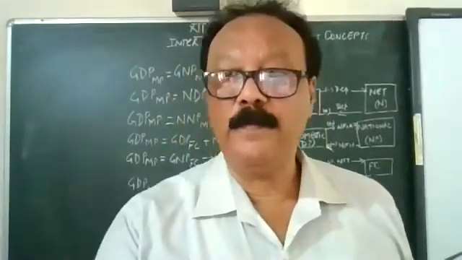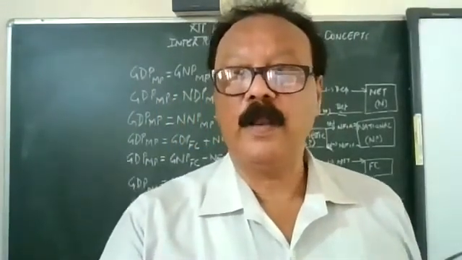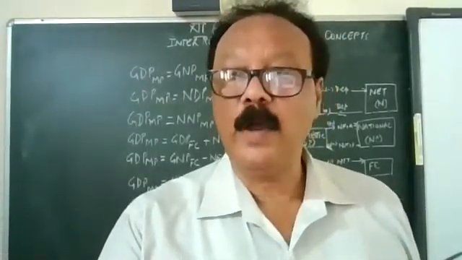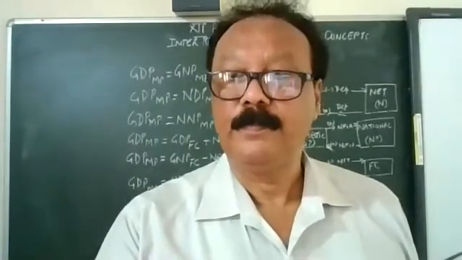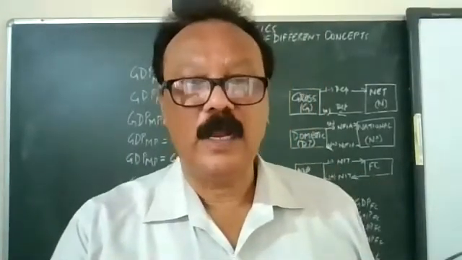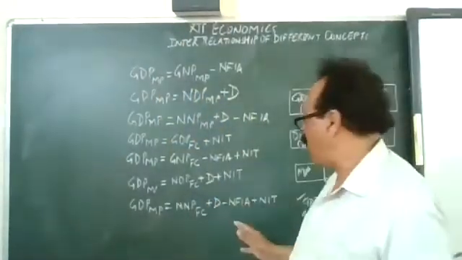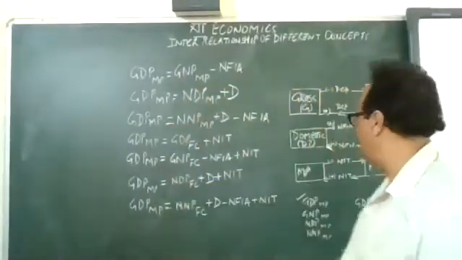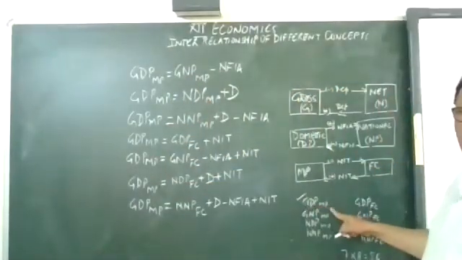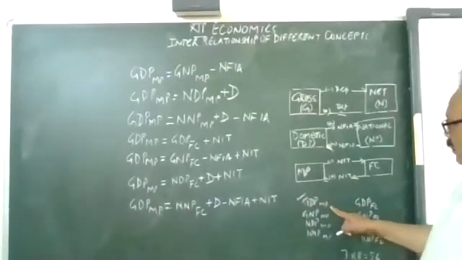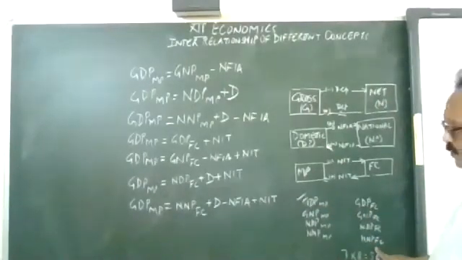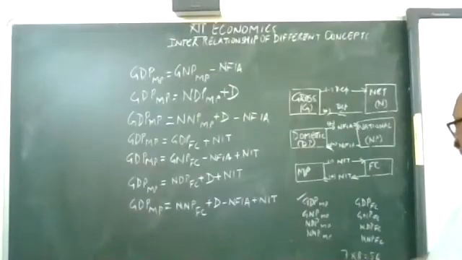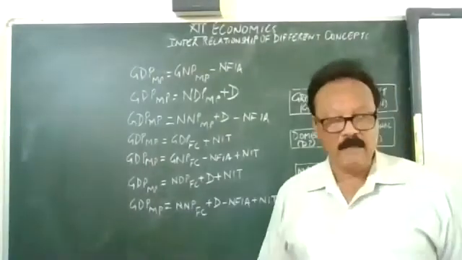Any problem anywhere? Can one of you talk, please? Give me a feedback. Anyone? No, sir. Is it clear how to get the formulas? So how many formulas did we get here? 1, 2, 3, 4, 5, 6, 7. Seven for GDP at market price, taking all the other aggregates, and we have found out their formulas. Likewise, we have to do for all these values. So you will get 56 formulas in all. I will do one more.